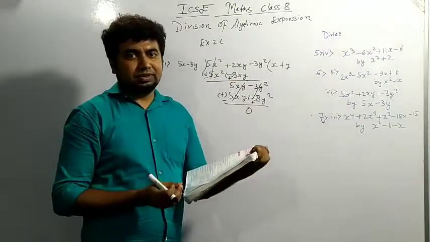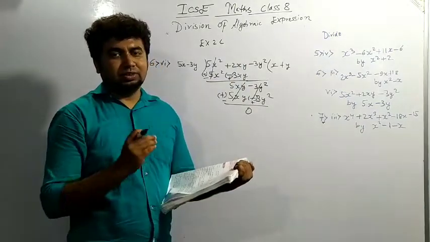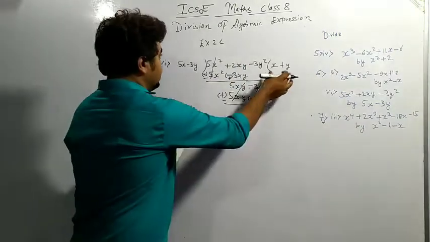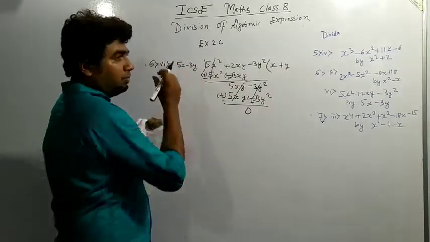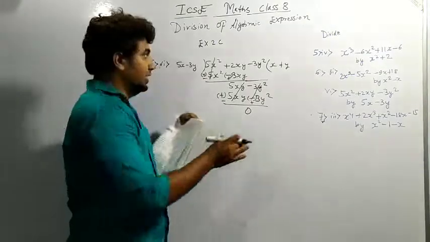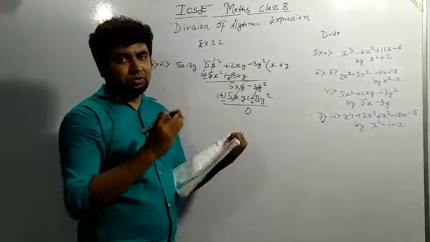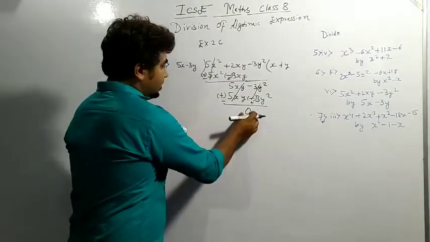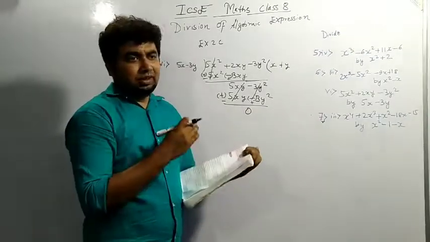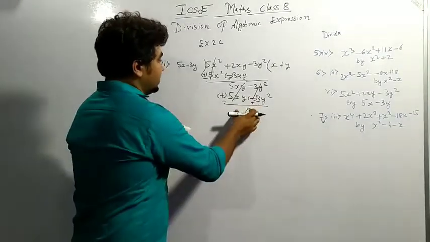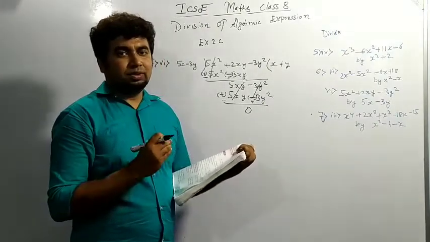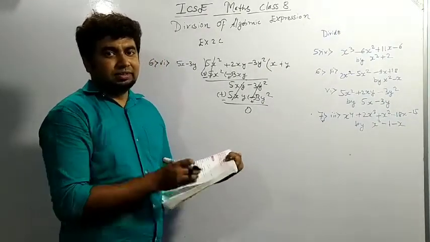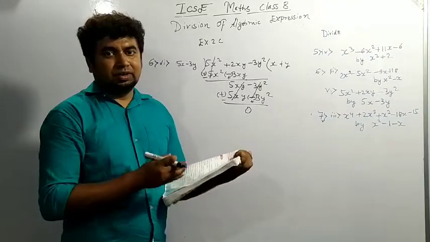Now you can calculate accordingly to check that it is coming equal to the dividend or not, by the same process: dividend is equal to divisor into quotient plus remainder. Same way, here quotient is x plus y. Divisor is the number by which we are dividing, and dividend is the number which has to be divided, and the remainder is what is left after division, that is known as remainder. So dividend is equal to divisor into quotient plus remainder. So you can find it, just as discussed in the question above.